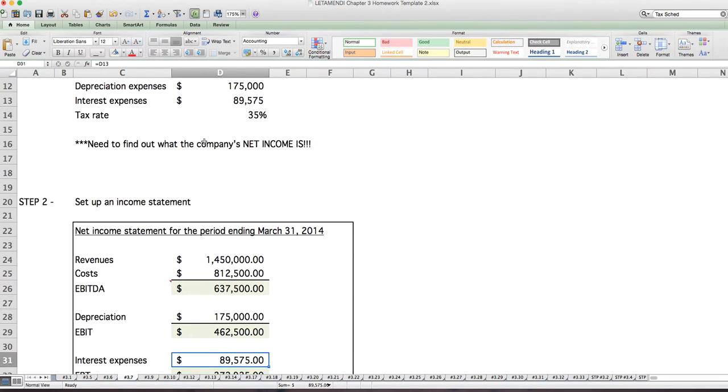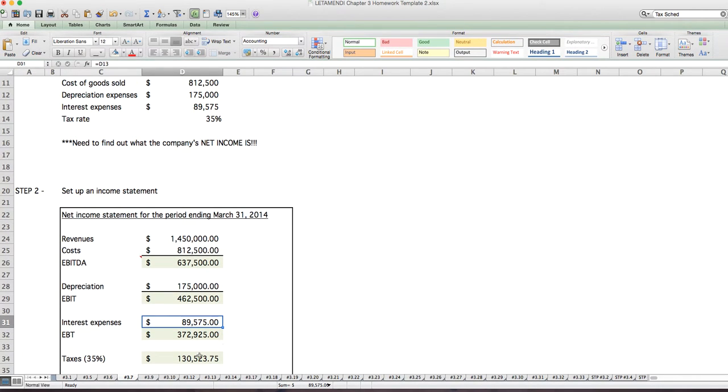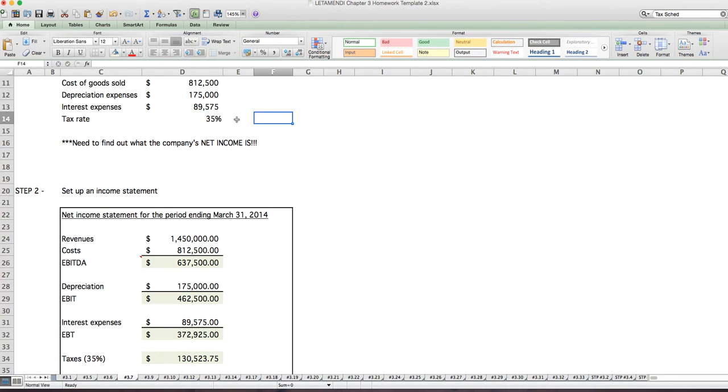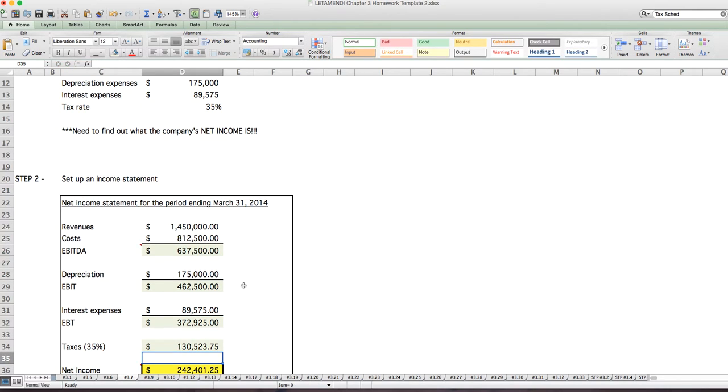And we know that taxes are 35%, right? So knowing that the taxes are 35%, all we do is take the earnings before taxes and multiply it by 35%. It's very important that when you're working with Excel, you put the percent, okay? You can't just put 35. It doesn't work that way. You have to put the percentage in order for Excel to calculate it right. So when you do the EBT, 372K times the 35%, you get 130,